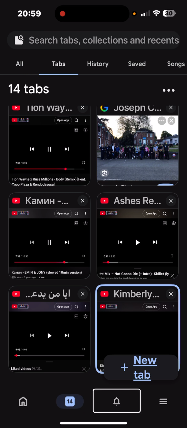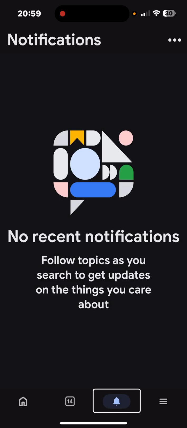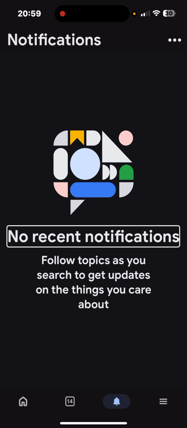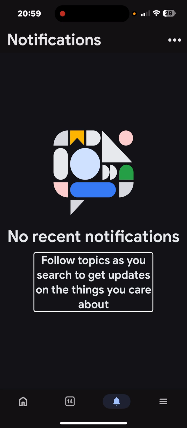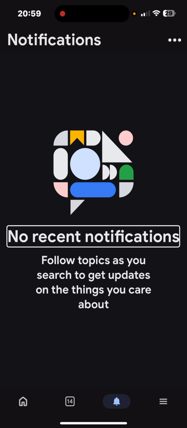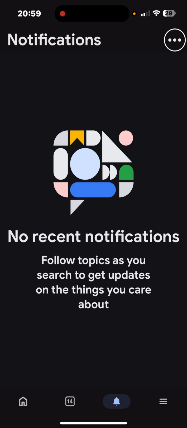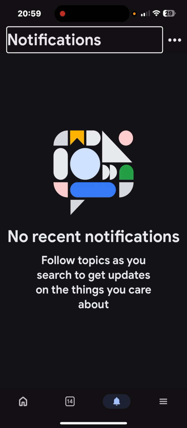Search tab. Notification. Selected. You can also see no recent notifications. You can basically go to the notifications tab and sort of scroll down as you search, to get updates on the things you care about. No recent notification. More. That's basically how you use it. Now I'm going to close